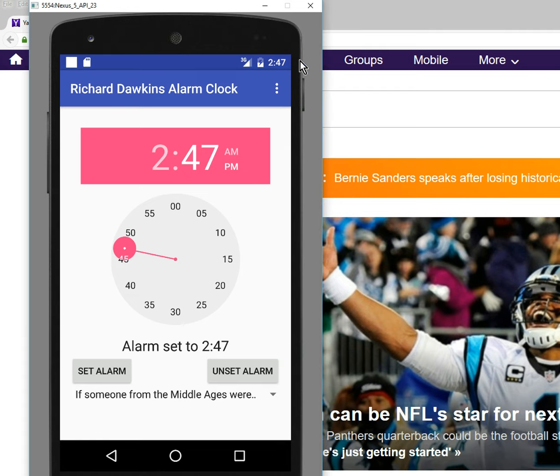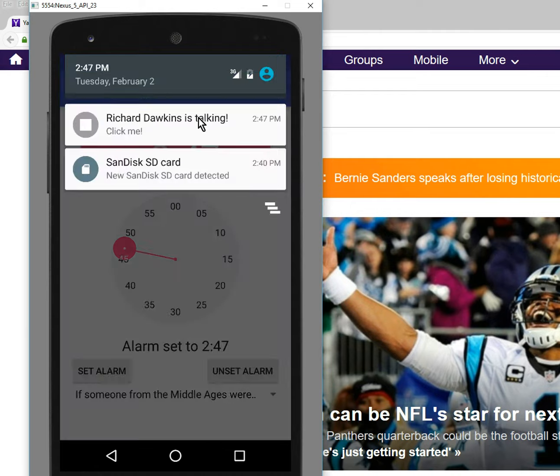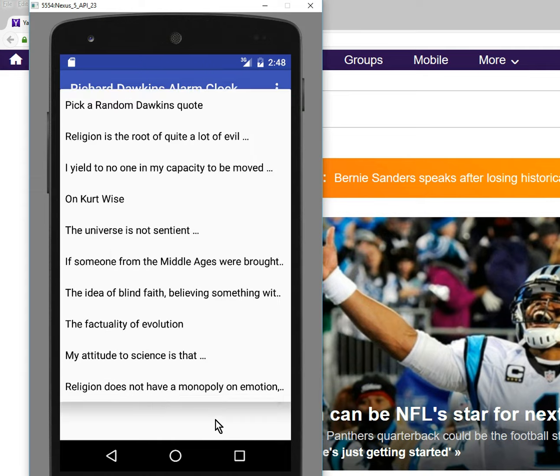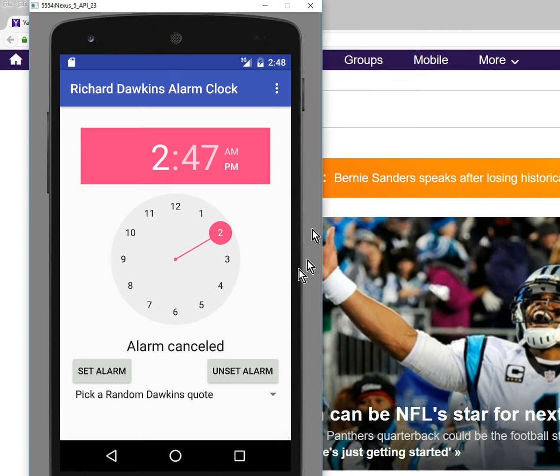I would just add to that the science of any one century is going to be superseded by the science of future centuries. So that's good. So anyway, he goes on to talk about the Middle Ages and stuff, and so now people can know what alarm clock they're gonna set it to. So we're gonna do that for our